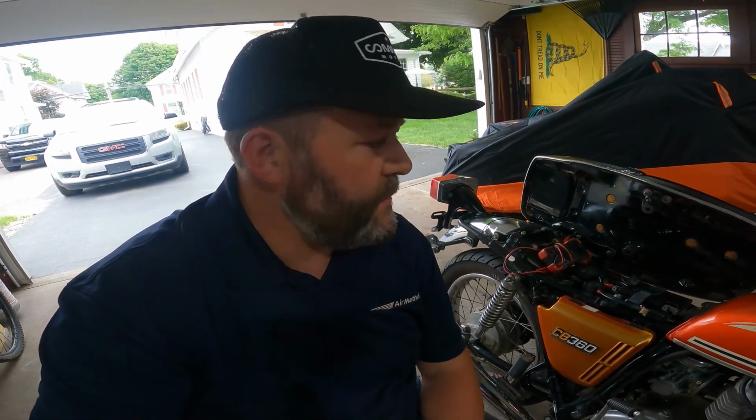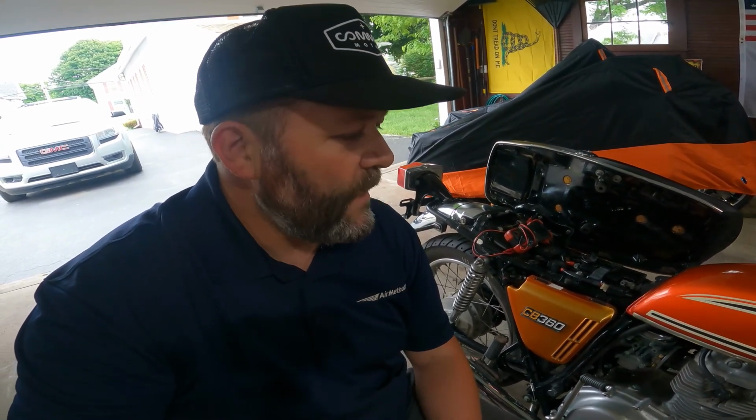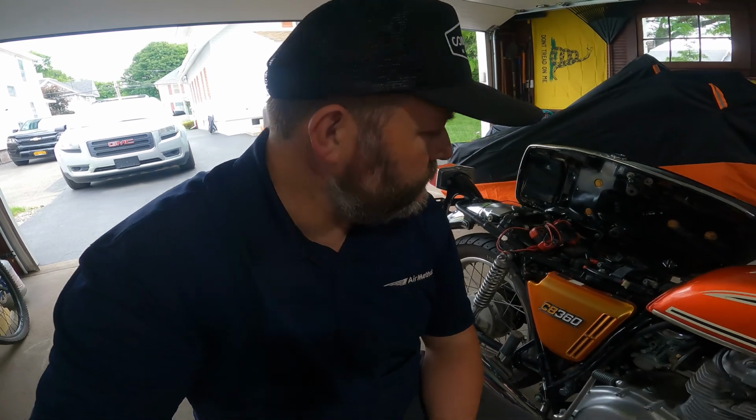And before I jump to any conclusions, I'm gonna either charge this battery, see if it'll hold the charge, or maybe just go ahead and buy a new one. The reason I'm thinking that is because trying to get that gremlin to show back up, I hit the light on, and as soon as I turned the headlight on, it started running like garbage. So I'm thinking the battery is not strong enough to produce enough power,